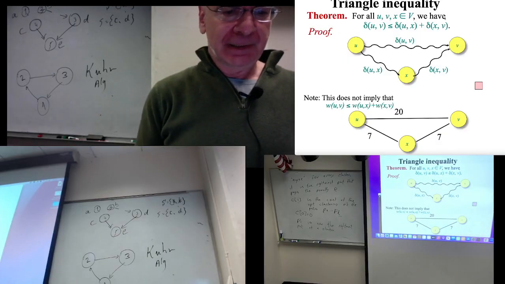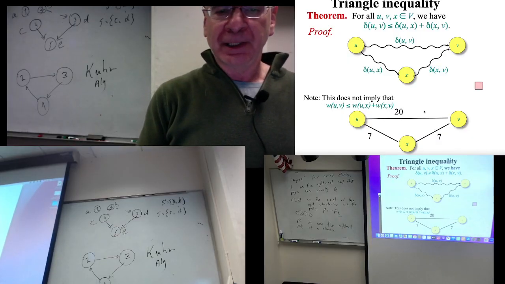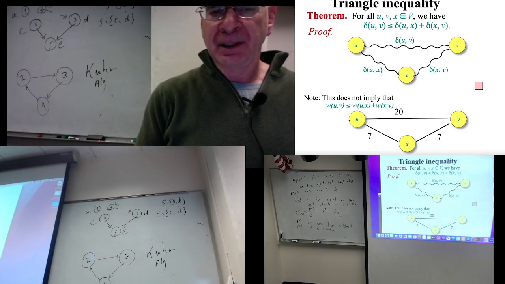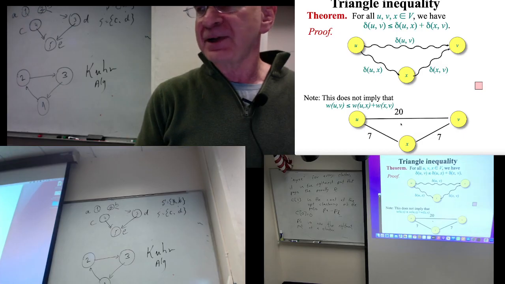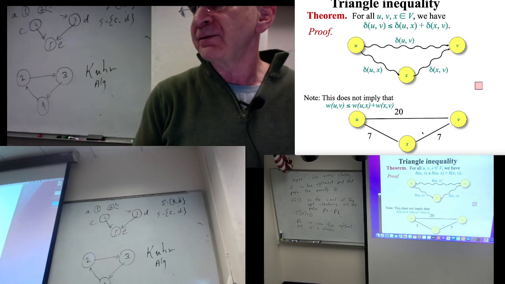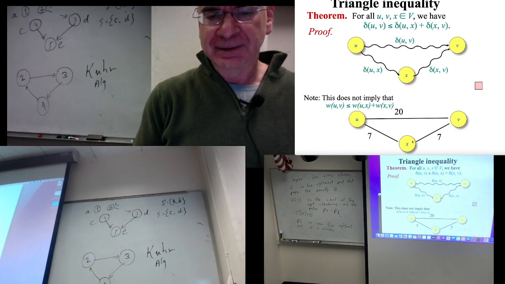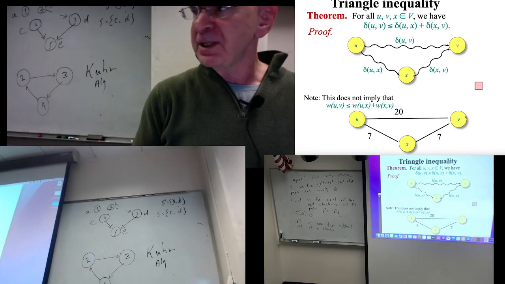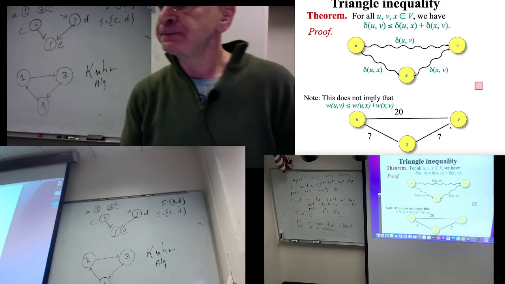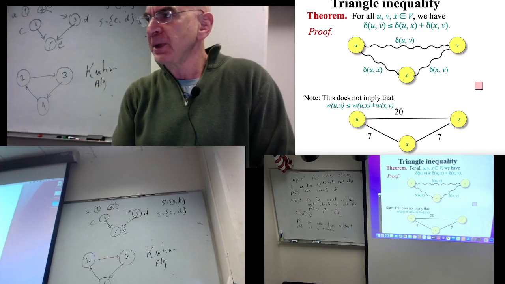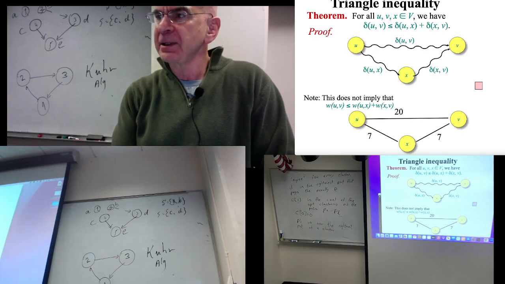Okay, and notice that this triangle inequality has nothing to do with the exact weights of edges. Weights of edges might satisfy triangle inequality or might not, depending on your graph. It could be that the weight of these two edges is cheaper than the weight of this edge. That's fine. By the way, think about it, that makes sense about flights. The more legs that we have in the flight, the cheaper it becomes, kind of. Or at least direct flights will tend to be more expensive. I'll use this analogy several times